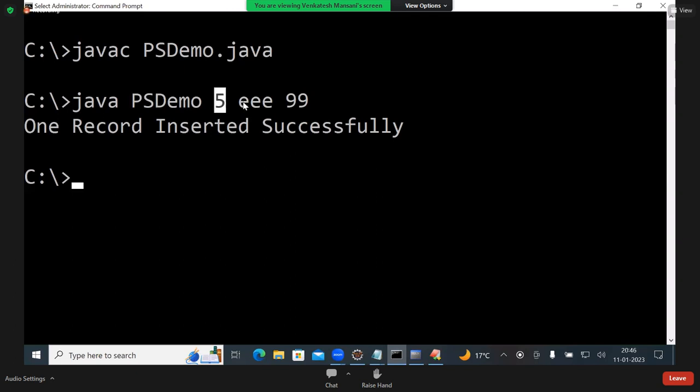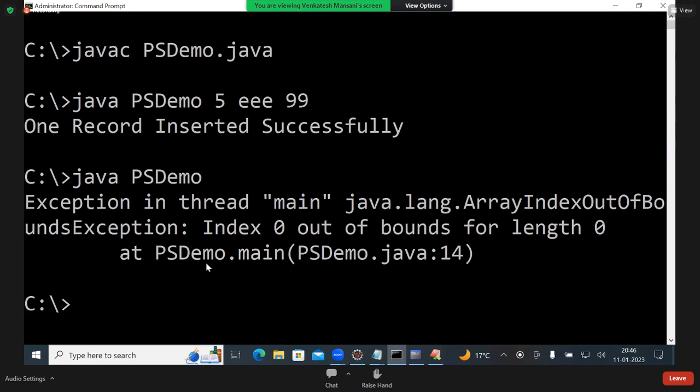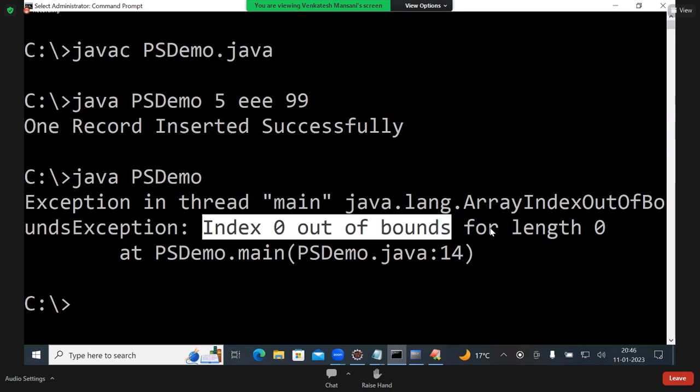Args of 0, args of 1, args of 2. Say if I execute PS demo without arguments, you are getting an ArrayIndexOutOfBoundsException. See what the message is? See, index 0 out of bounds for length 0. See that meaning,